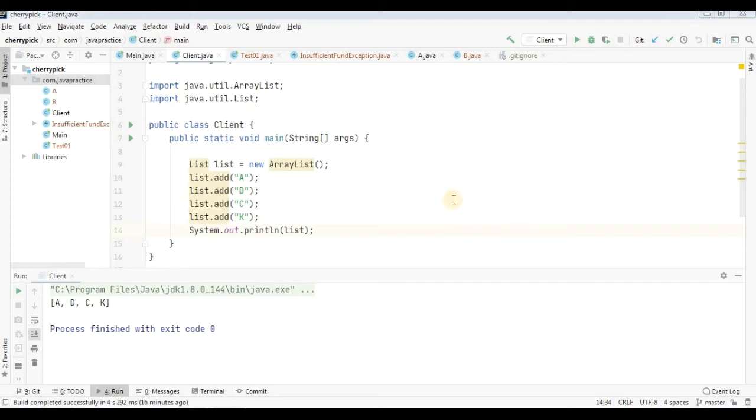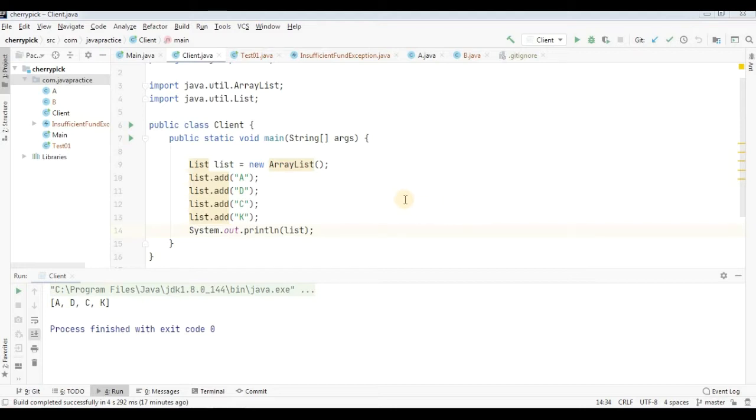Hello guys, this session is basically about how to provide the command line argument using IntelliJ IDEA. There is a scenario when you are writing a program and you are going to test the program execution flow, then you have to provide the command line argument. Depending on the IDE you are using, you have to provide the command line value, and accordingly that value is taken by the program and the execution flow will start.